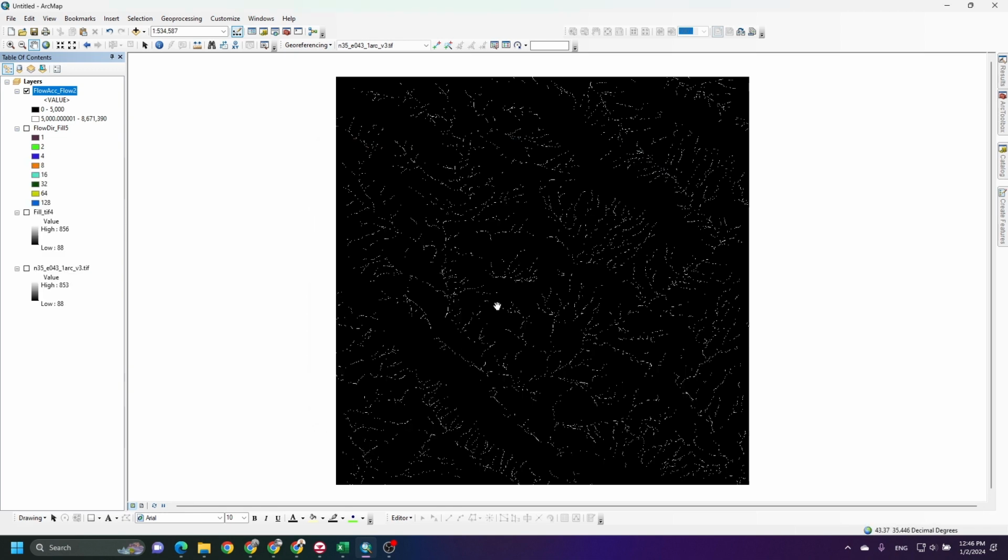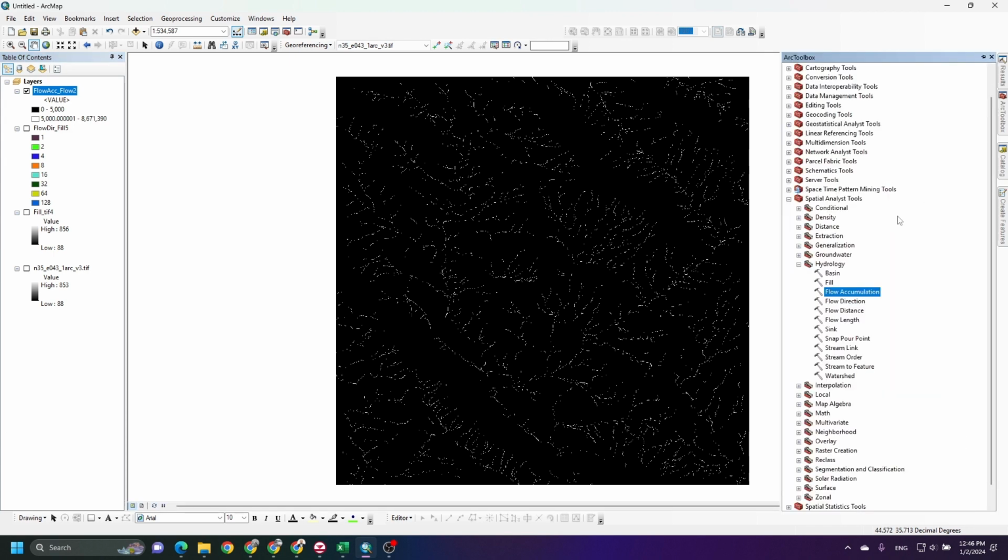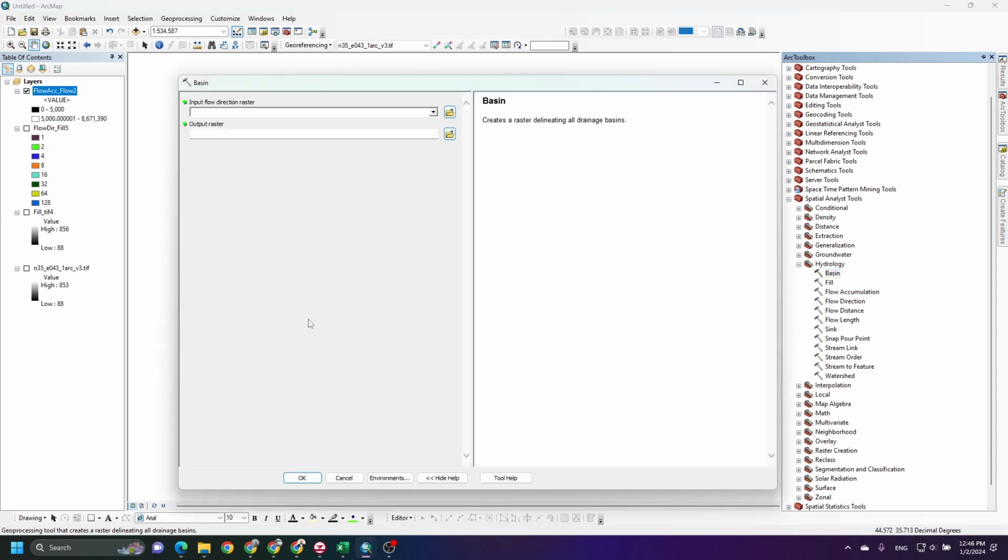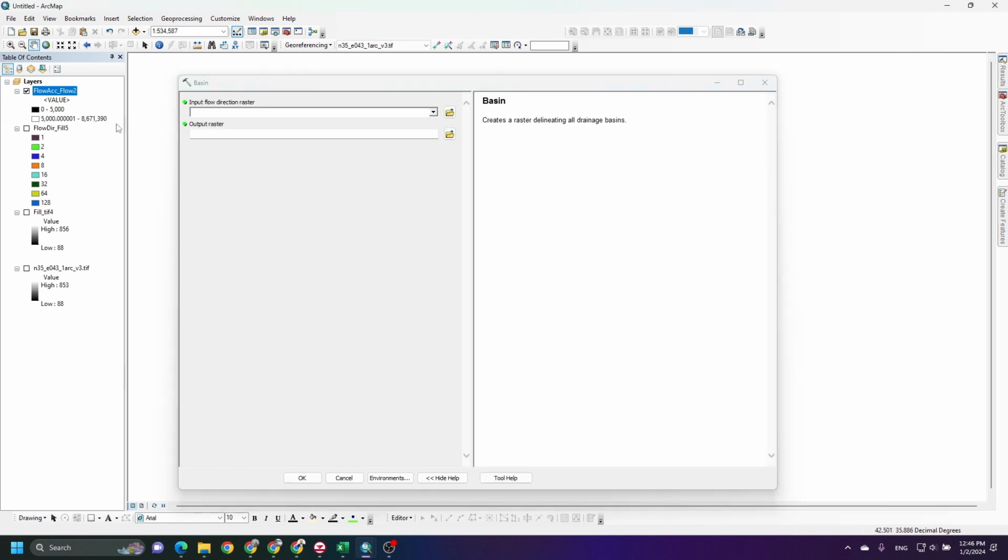As you see here, the drainage pattern became more dense from 5,000. The next step, we can go to Basin. Here also we need to input the flow direction layer, and just press OK.